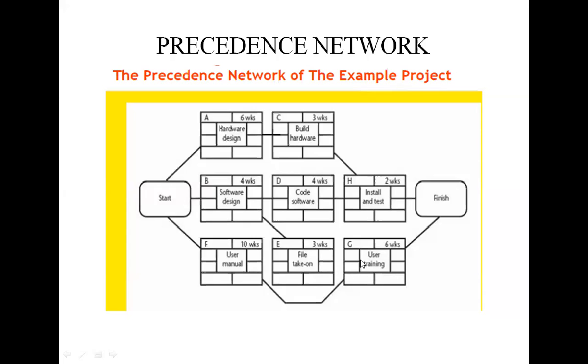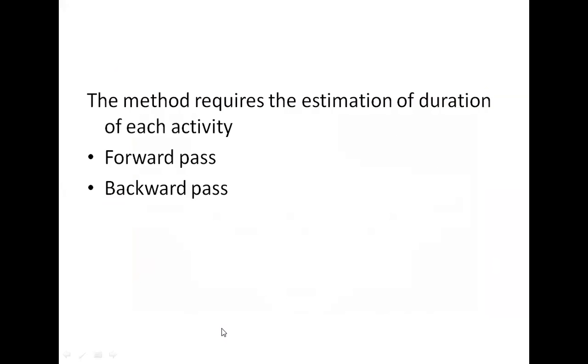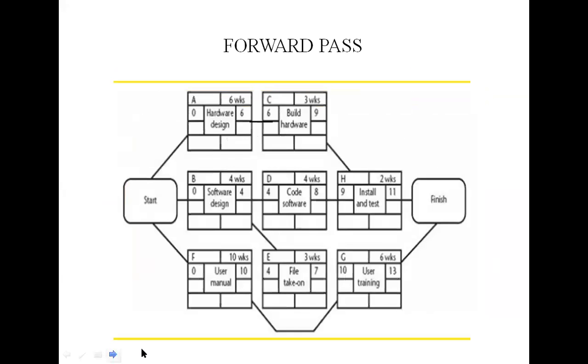So there is a connection between E and G. See here, for backward pass we move from forward pass. Now we move to the backward pass. These activities here are the end; these are the start in forward pass, and these are the end. So we leave H and G, then we start with E and F. So E and F must be completed.